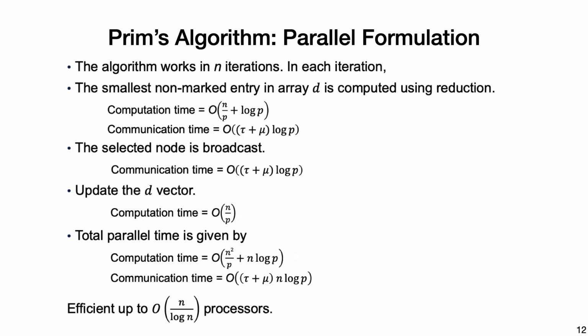But if you cut it up just evenly according to n over p rows on every process, then you may get some load imbalance because not all the rows are of equal size. And in fact, in reality, they are not of equal size. Some of them are very long and some of them are very short. Actually, most of them are very short. But in the dense case, it's more straightforward because you just cut it up and everything is equal.